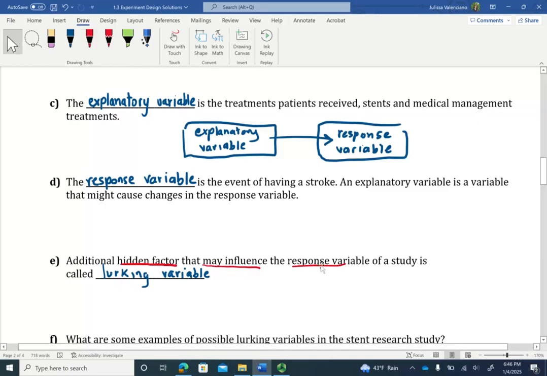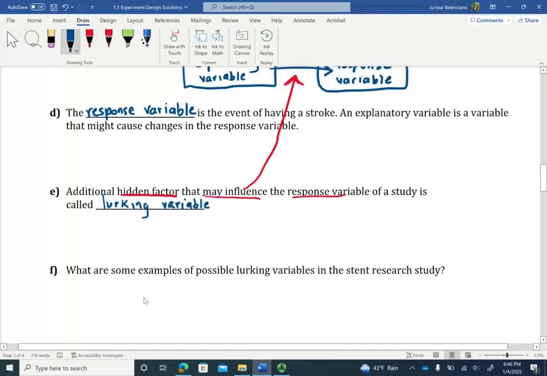So remember, the response variable in this study is the event of having a stroke. So what other variables might have an impact on having a stroke? I'm just going to draw an arrow in between here. What could be a hidden factor that has an influence on the response variable? Well, I'm sure that multiple ideas might come to mind. The first one that comes to mind would be diet. Okay, what diet are participants following? What else? Well, what about